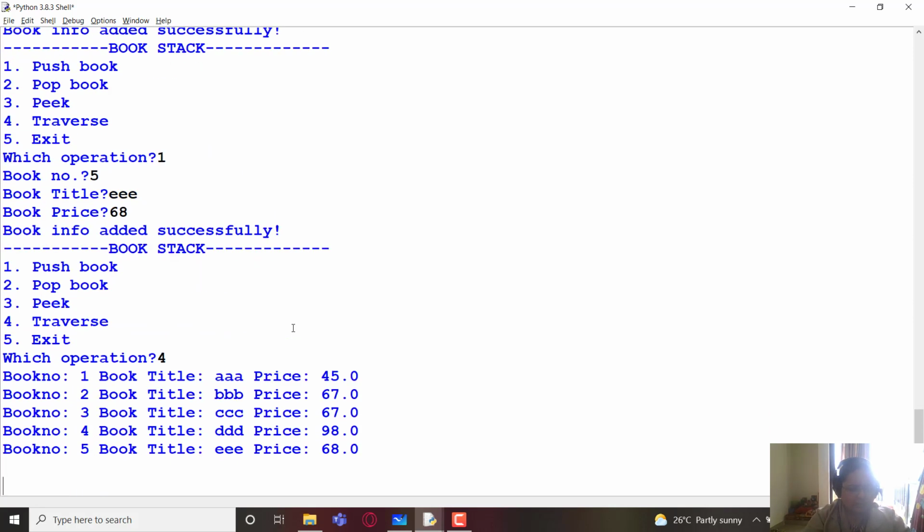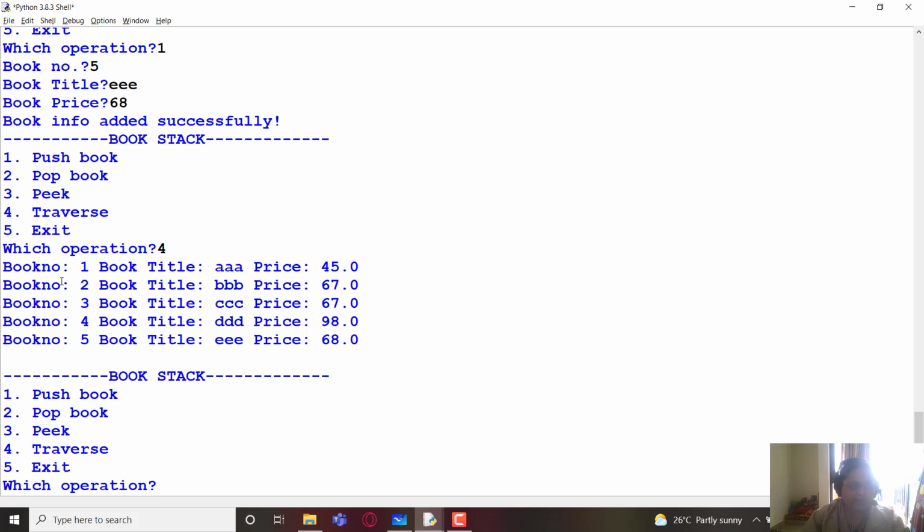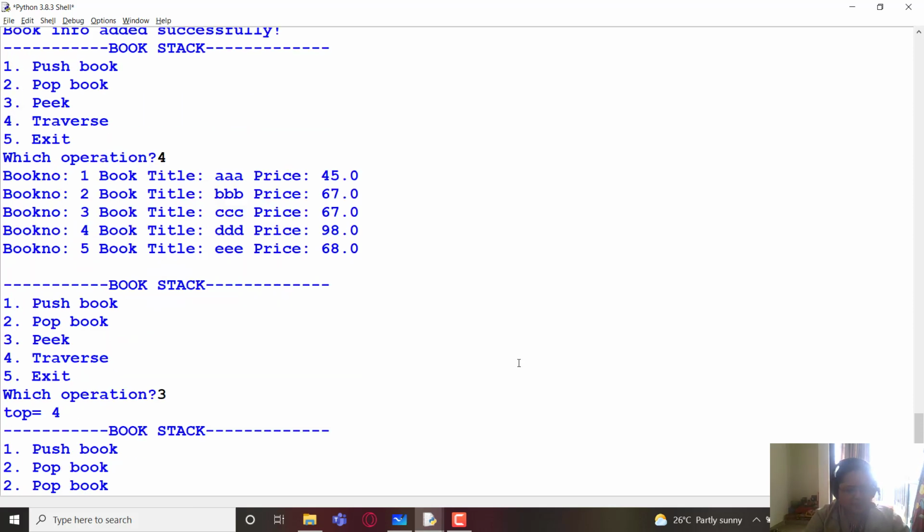Let us do the traverse operation and you can see that we have created 5 different books and you can see them over here, and because 5 is the top, the stack is being filled in this way. If you want, you can also display the stack in upside down form by running the loop in reverse.